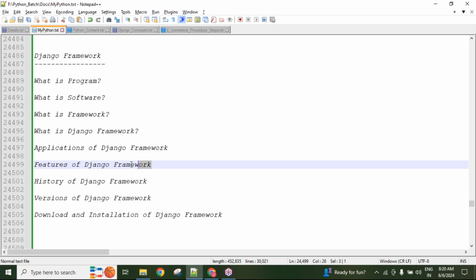Okay. So Django is a free and open source framework. No need to pay any amount to any company. Freely we can download and install it. And also we can see the source code of this Django framework. Django is a scalable framework. Scalable means